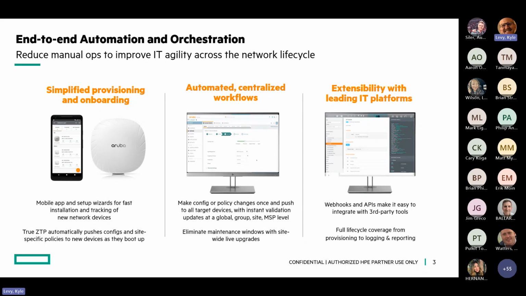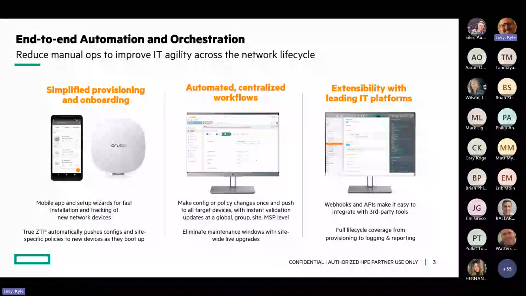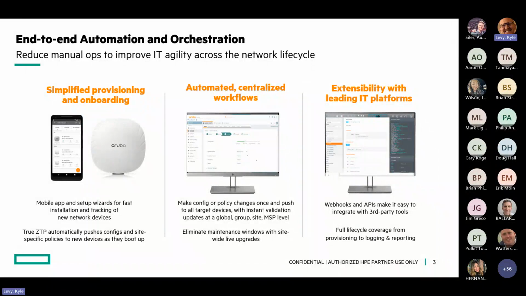That's all built into Central. These automated centralized workflows. There's a lot that Central can do. I tell everyone on my demonstrations of the product that this is an enterprise management tool. And I actually put a lot in that word enterprise, meaning if someone says that, there are certain definitions, standards it has